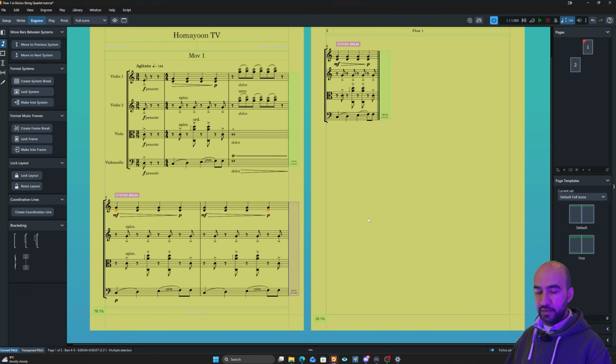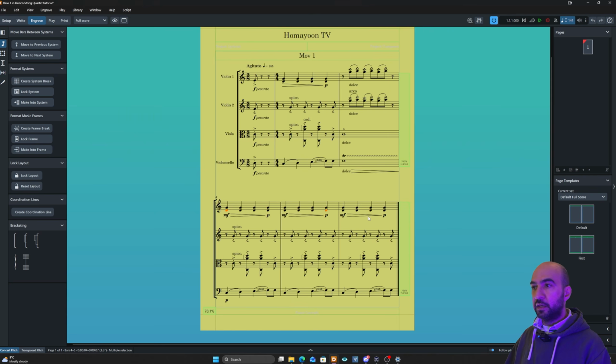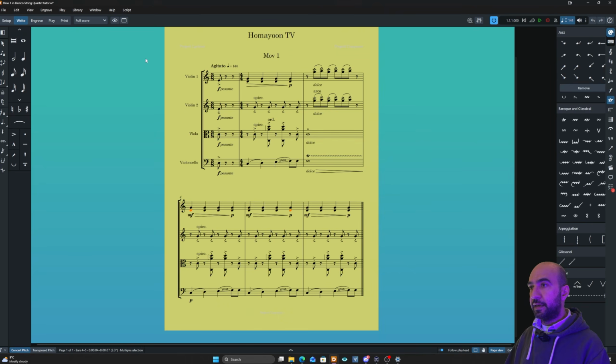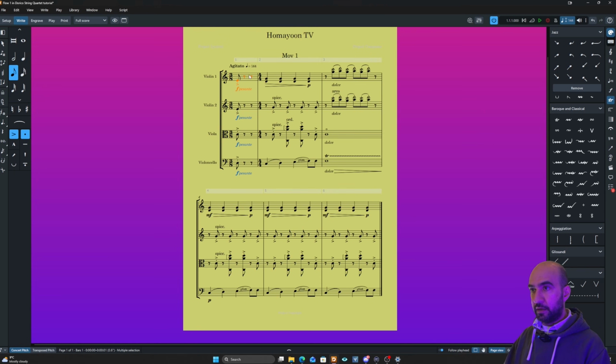Now let's go back to the final thing, which is lock systems. And you might say, hey, I mean, mostly if you're a beginner in Dorico, you might say, hey, what is the purpose of lock systems? And that is to lock your system, as it says. So it's not going to jump out to the other system. What I mean is that if I